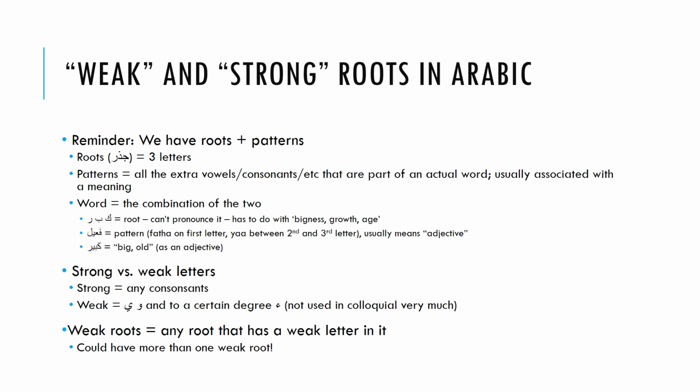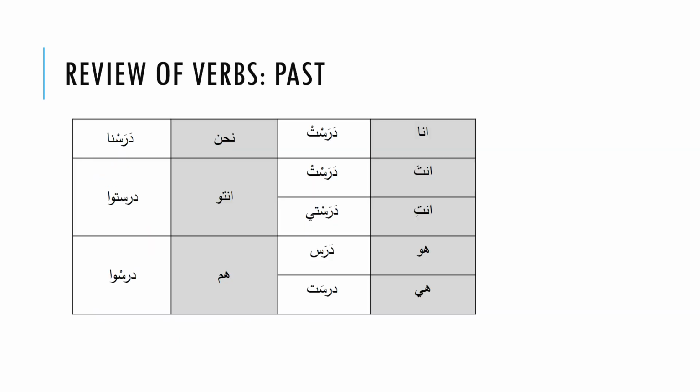So, as with many of our definitions of Arabic, a weak root is very easily defined as any root that has a weak letter in it. Now, this is a little tricky because you could have more than one weak letter, and words and roots that have that tend to be really weird. Most of those are absent from spoken Arabic, but there are a few that have stuck around that you just have to memorize. So let's just really quickly review conjugating verbs in the past using our very favorite verb